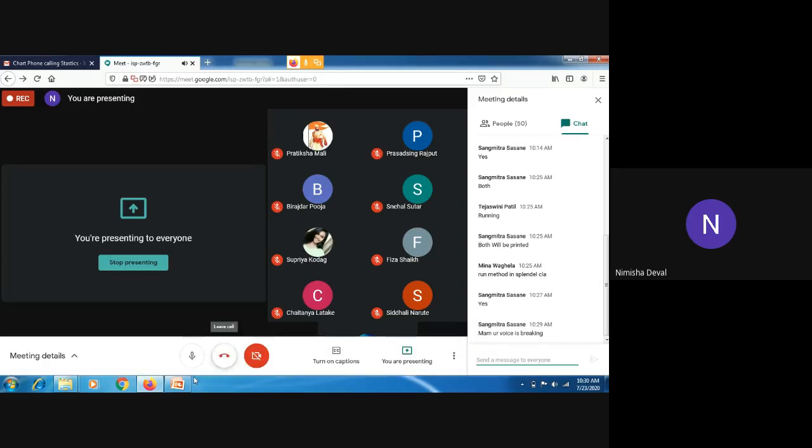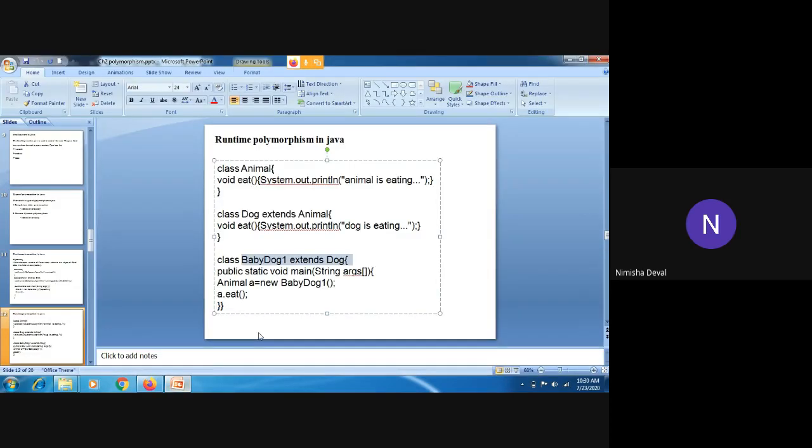Okay. First of all, do one thing. Take its screenshot. You have to execute it and you have to tell me its answer after completion of this lecture. Because this part totally depends on the creation of an object. We are creating the object either through the parent class or through the child class. According to that, your answer will change. So you have to implement this program today only, and you have to share your screens with me before 6